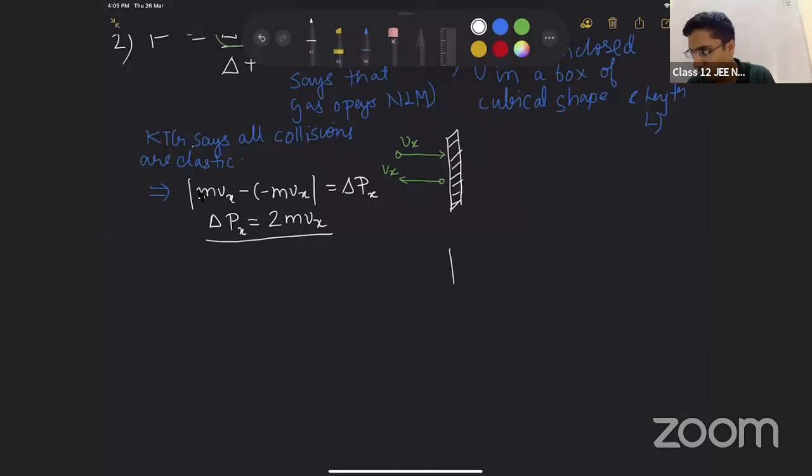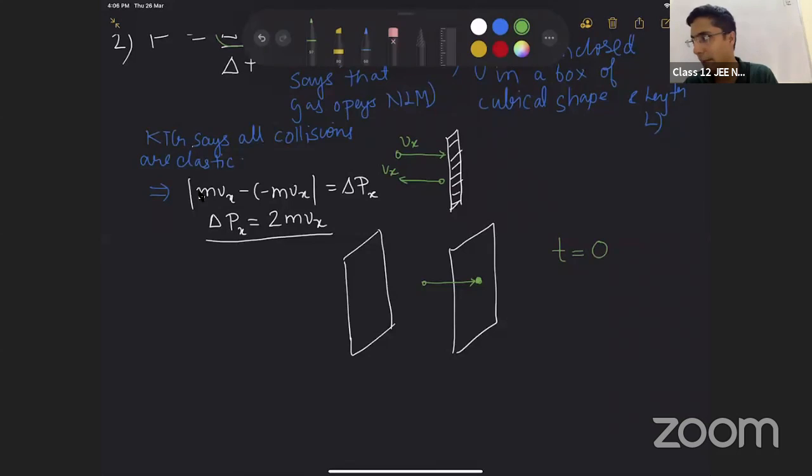Think of the same wall. Now this is a cube, correct? Now what will happen is this molecule will first hit this, right? Let's say when it hits, time is t equal to 0. Now what will happen to the molecule? I'm going to draw its path in yellow. After it hits it, it will rebound, hit here and come back to the same wall after turning, getting hit